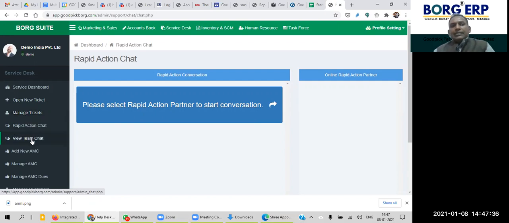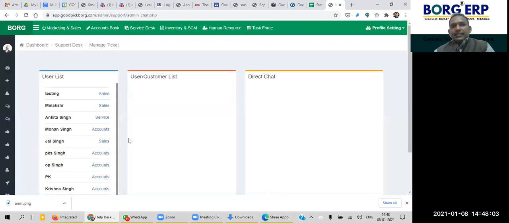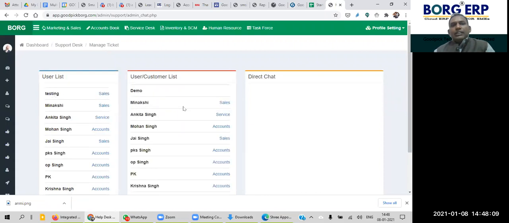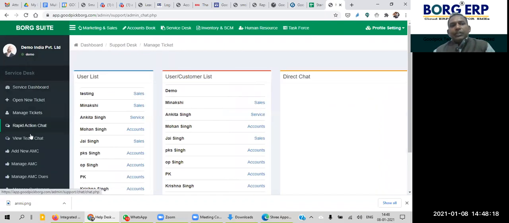The admin can also see. Now the question is who is chatting with whom and how it can be made more effective. The manager may need to check what kind of chat my team has with the customer. The team can also chat among themselves. In that case, the manager or management can go to View Team Chat, and they can see each and everything. Suppose I want to see Meenakshi's chat, I can click here. Each and every chat will be there, whom she has chatted with and what the chat is. That will be listed over here. So we have given the option here.